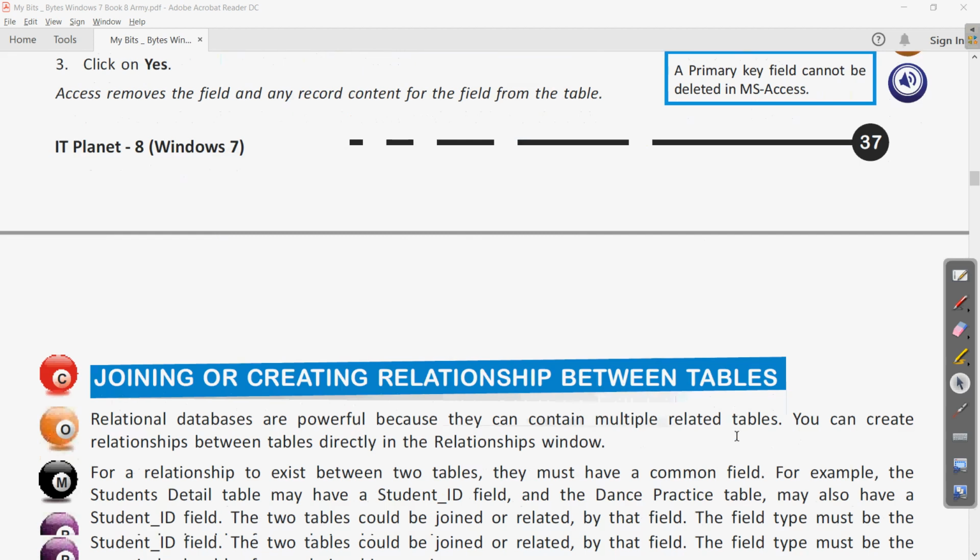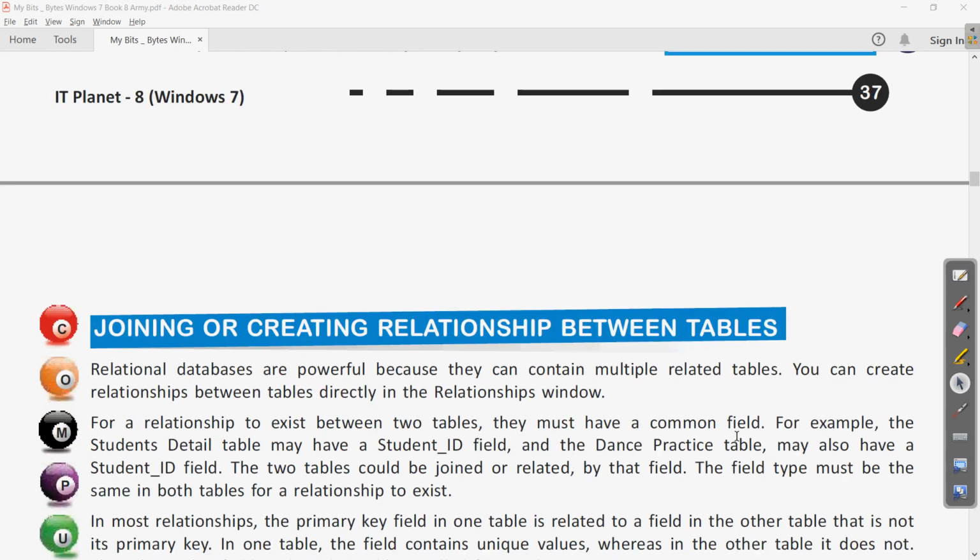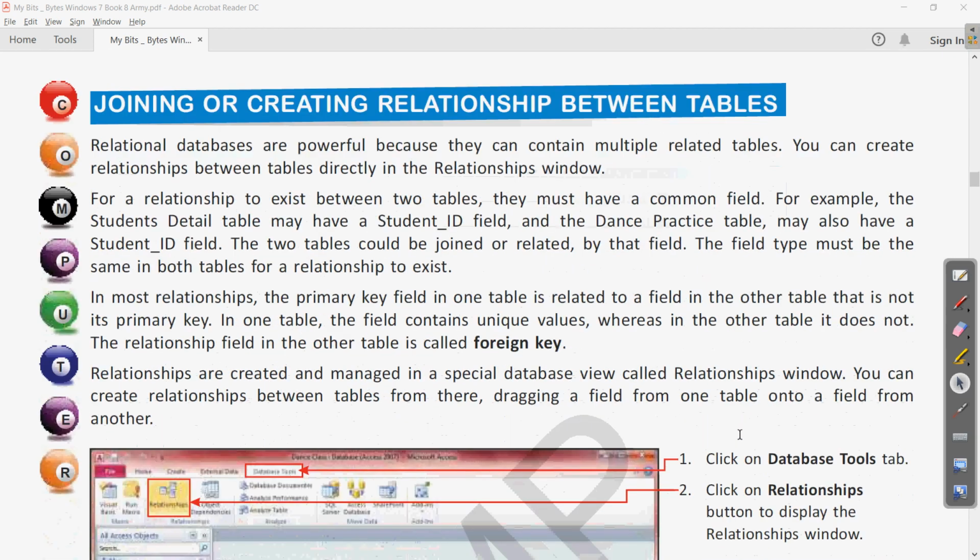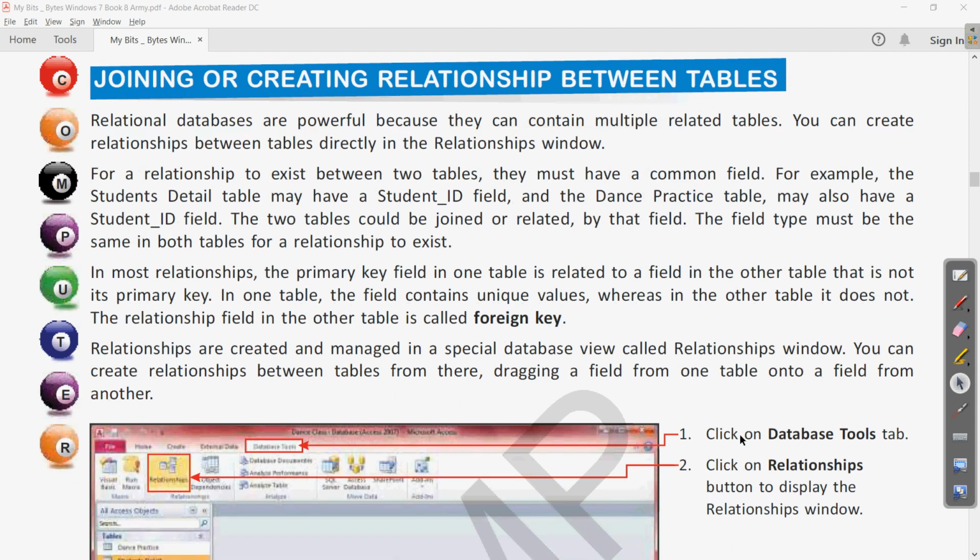So here, yes, here it is on page number 38. So the first question is, what is a relational database? So you can start the answer from the first paragraph, first line. So, relational databases, cut from here, don't write these sentences. Relational databases contain multiple related tables. Clear? So this is the answer of what is a relational database.